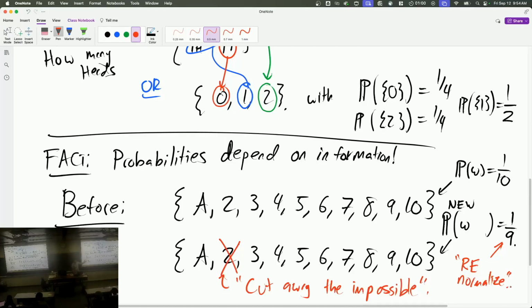We're going to have more details on this in a second. Any questions or comments about this idea? So this is a really important idea called conditional probability, where you update the probabilities based on what you see. So the before-after in probability class, this is called a conditional probability update. Questions or comments? Okay, we're going to go into more detail on how this works, but I do want to